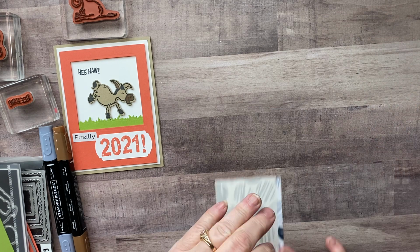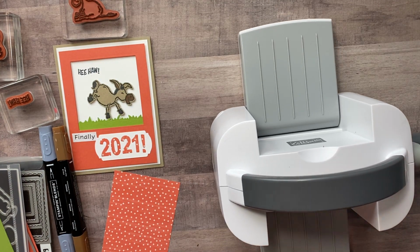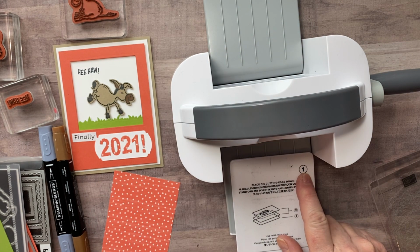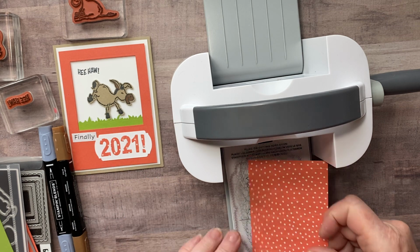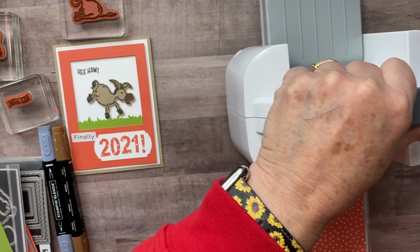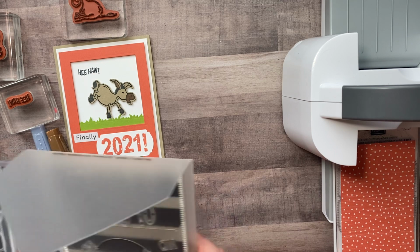Then I'm going to take my die cut machine here and use plate number 1. This is the mini cut and emboss machine. It'll be available January 5th. It's nice because it's itty bitty, and doesn't take up a lot of room. I'm going to set this aside for just a second while I tell you about my...